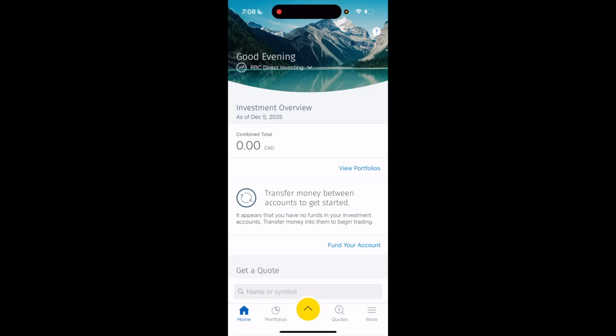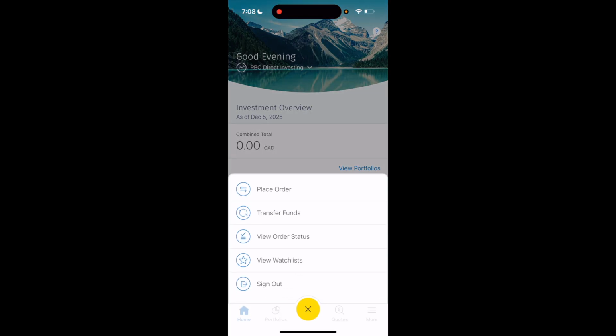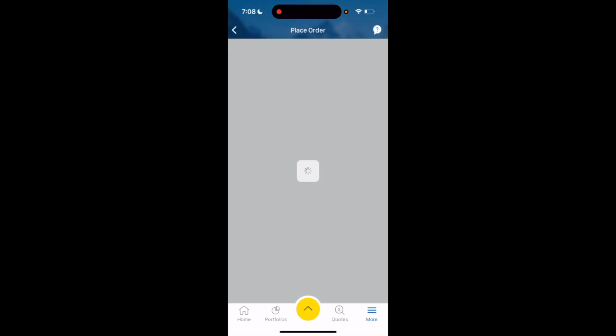So in this RBC Direct Investing tutorial video, I'll be showing you guys how to buy commodities here on RBC Direct Investing. So once the app is opened up, I want you to go to the bottom, press on the yellow circle, and then press on place order. Once you're on this page right here at the top, I want you to go ahead and press where it